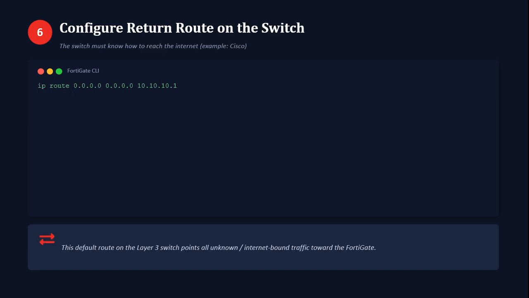Once that is done, you need to configure the return route on the switch, the reverse route. On the switch you need to configure ip route 0.0.0.0 0.0.0.0 with gateway 10.10.10.1. Once this configuration is done on your switch end,